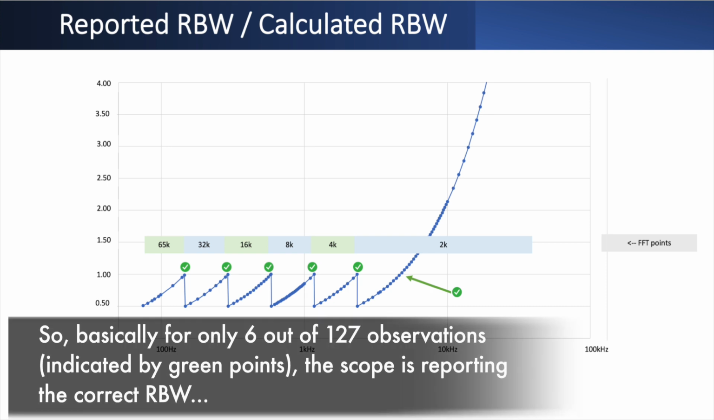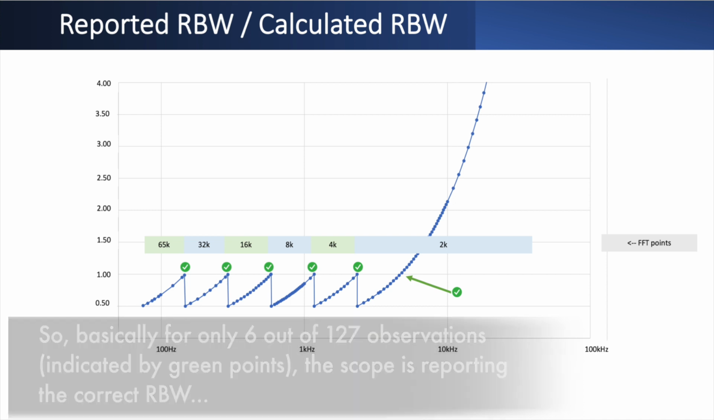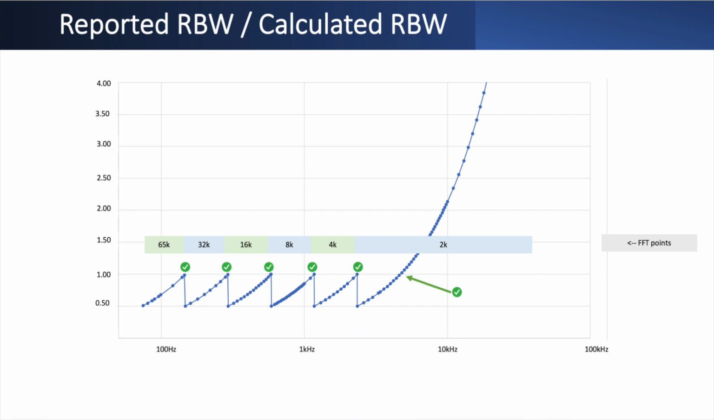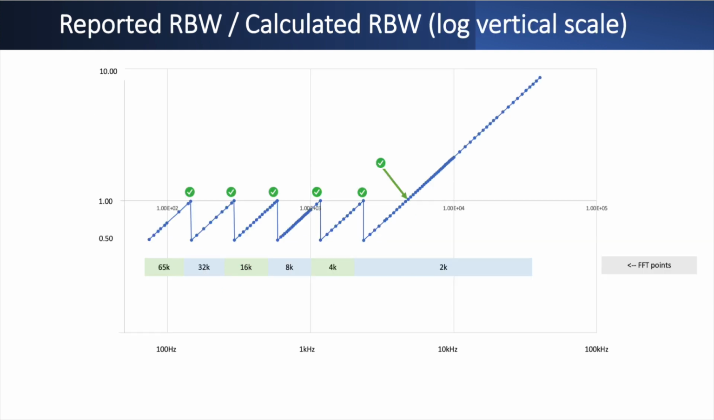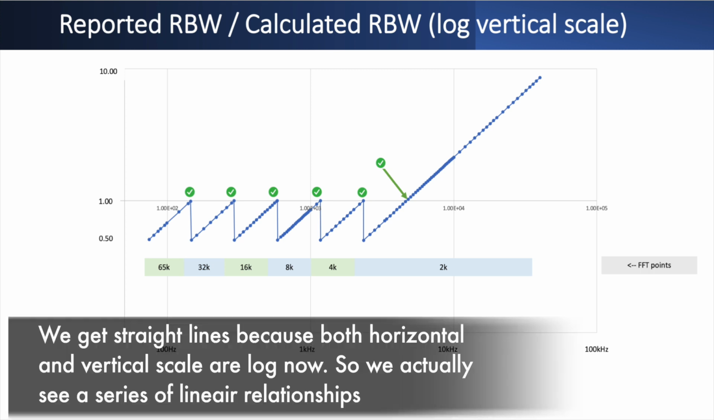2002k FFT points, it goes down, it starts to go up again, and then it even goes much higher, and it doesn't even fit on the graph here. So I also created a graph with a logarithmic scale, and then we exactly see that we get straight lines here. So there's some really strange process going on in the RTB oscilloscope when it comes to the reported value,